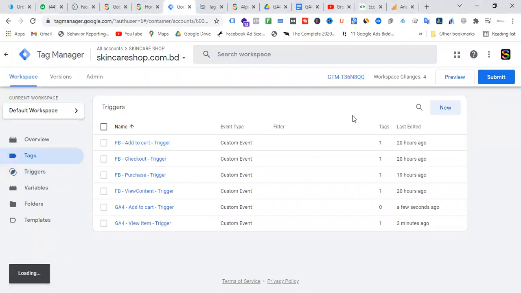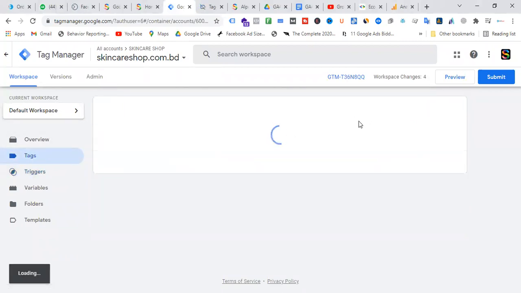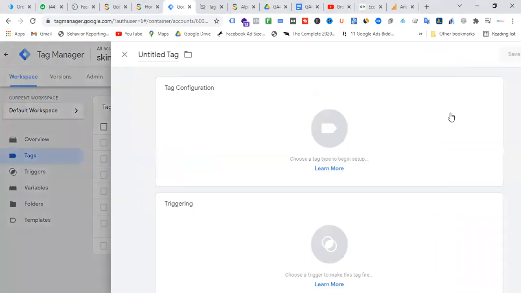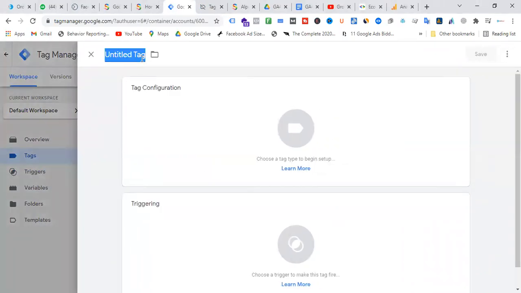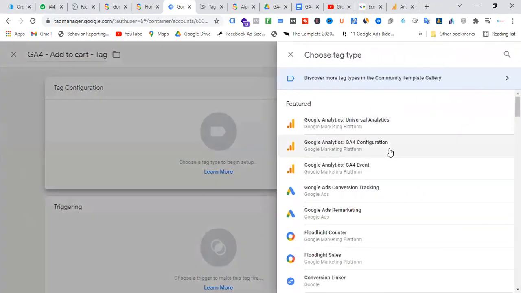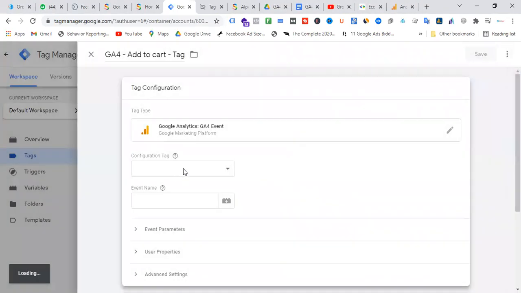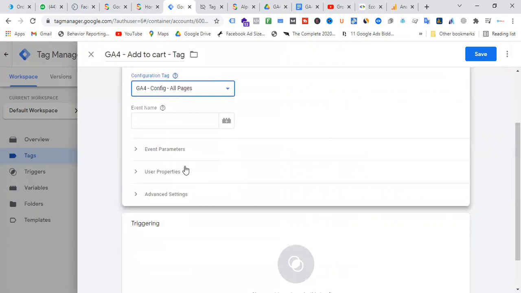So now go to the tag section, GA4 add to cart tag. Now click the GA4 event, configuration tag. Event name would be the same.